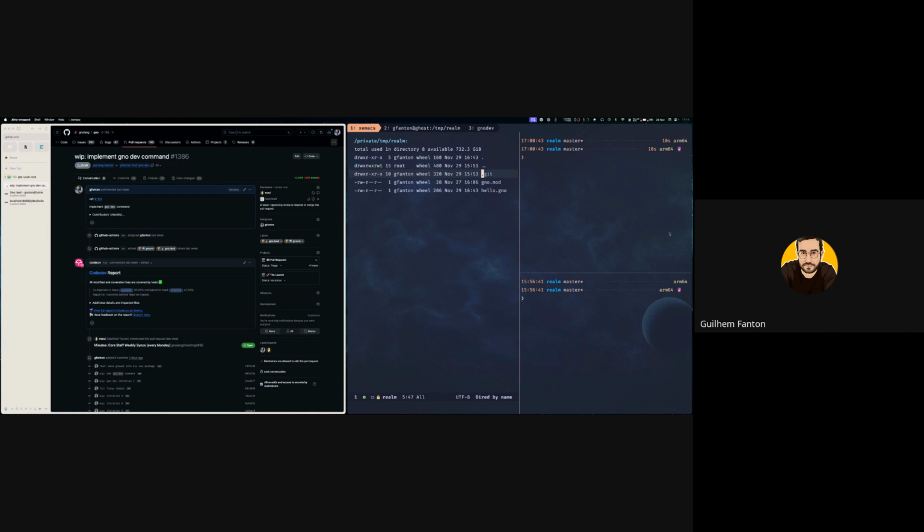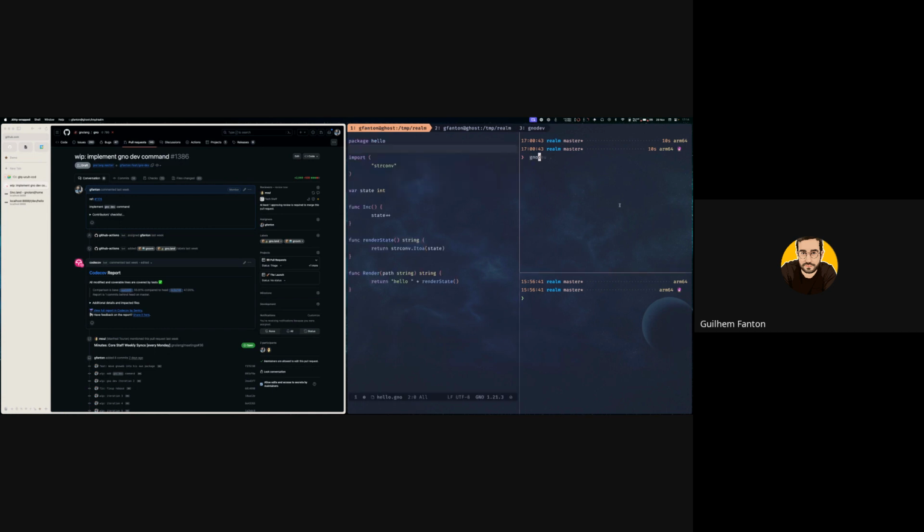You type this, and it will run the node and GNO web, and it will watch the given package for file changes and update your realm in real time. I made a basic demo with a simple GNO mod and a simple file in GNO. So I'm going to showcase this.